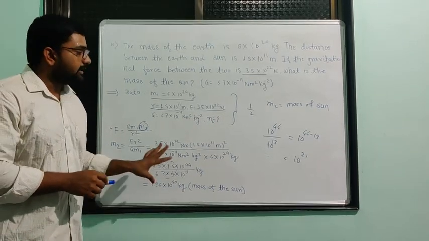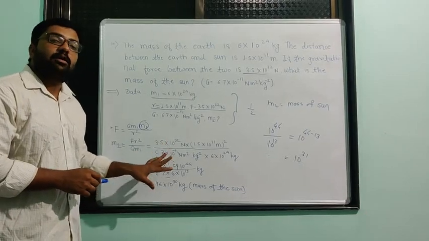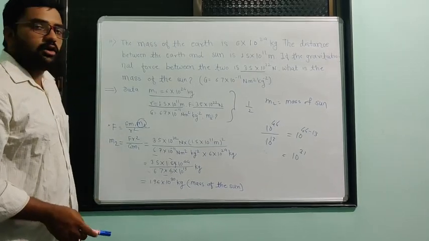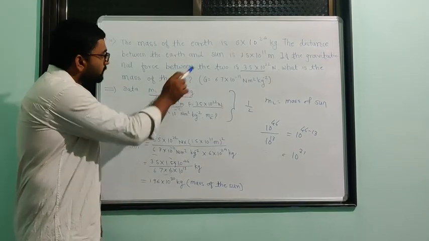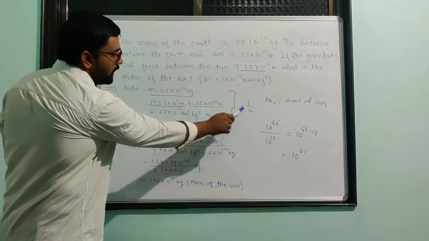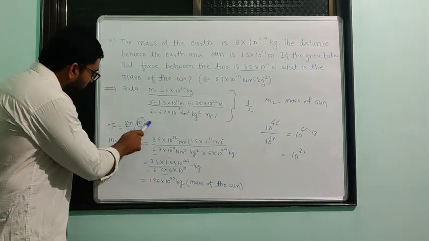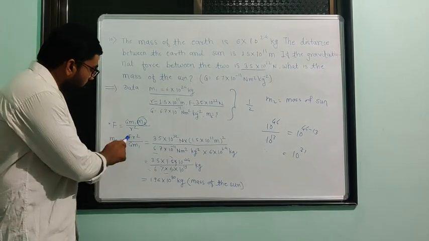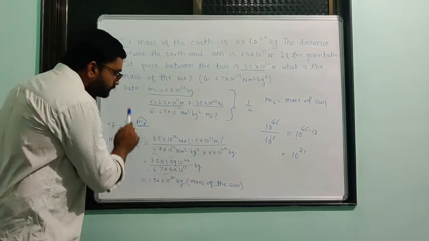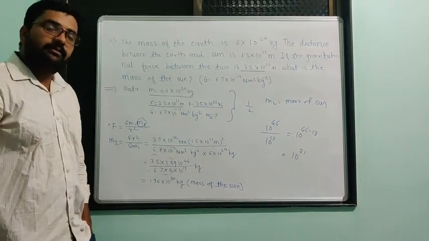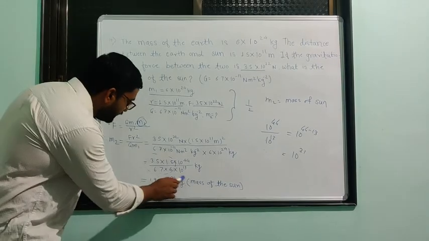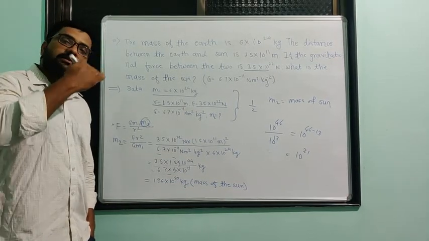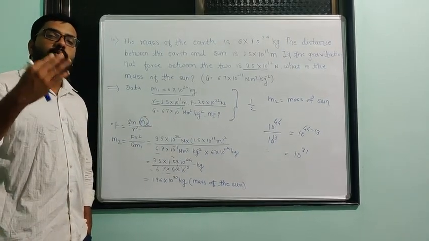In such a way we have to calculate the answer to the question. First of all we have to write the given data of the problem, because that carries a separate 1/2 mark. Then you have to write the accurate formula, which also carries 1/2 mark. Then you put all the values in the formula, which gives 1/2 mark, and if your final answer is right, it also gives a 1/2 mark. So the 2 marks are divided into 4 parts of 1/2 each.